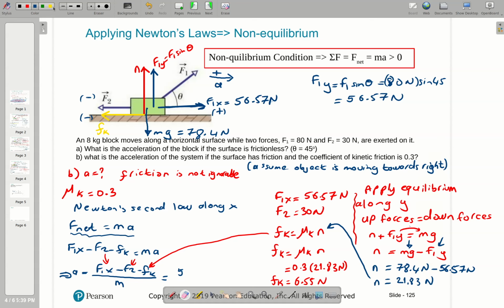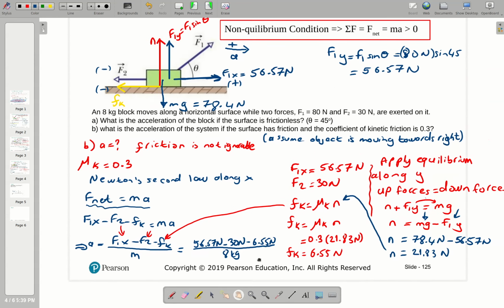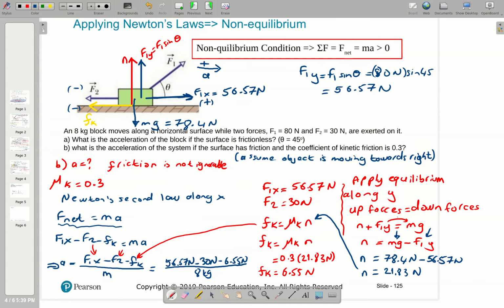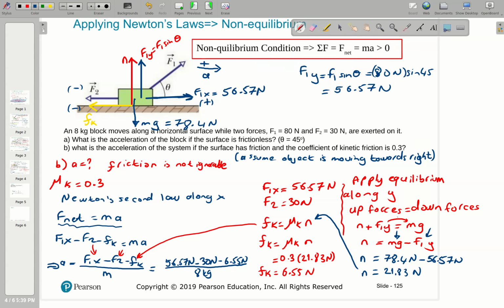All right. 56.57 Newton minus F2, 30 Newton, minus kinetic friction force, 6.55 Newton, divided by mass, 8 kilogram. I'm actually going to carry this up here to give myself a bit of space. And I'm only going to put A here, the value of A, folks. And it should be 2.5